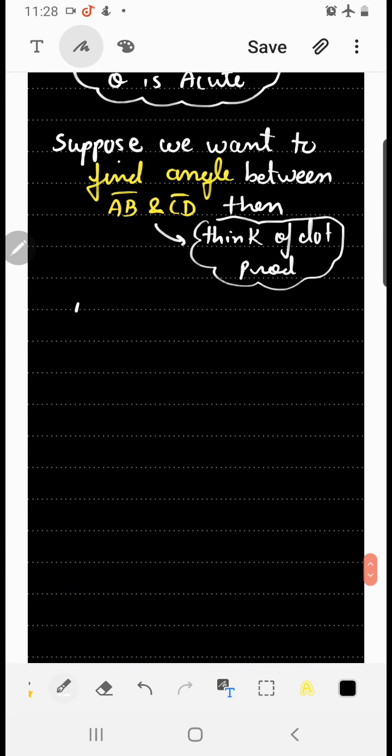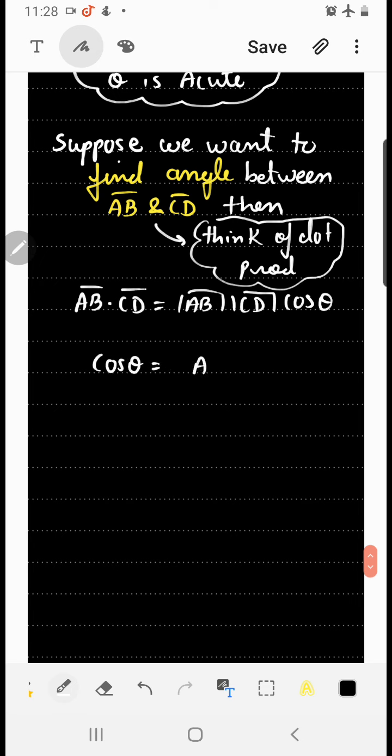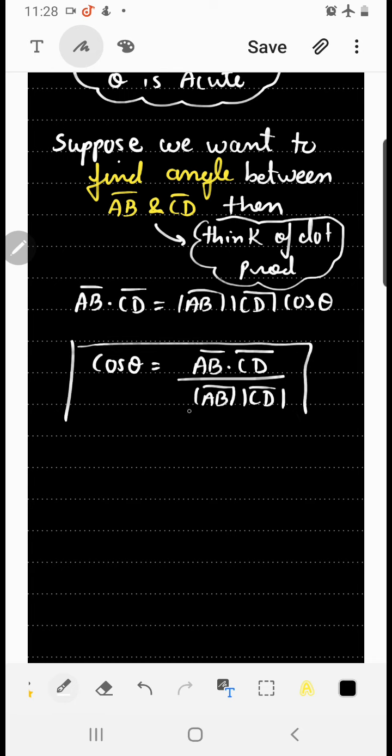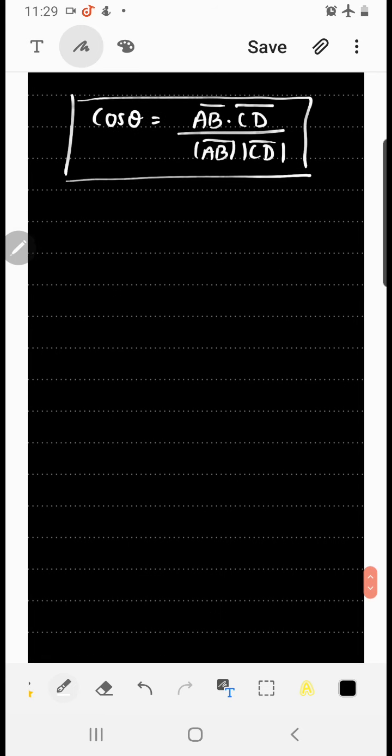And as I said, think of dot product, let us apply the formula. Can we write here AB bar dot CD bar is equal to what, mod of AB bar mod of CD bar cos theta. Let us arrange them. What is cos theta equal to? Can I say AB bar dot CD bar upon mod of AB bar mod of CD bar. With this we got the formula for the vector. Now what we will do is find the vectors and substitute in it. So I repeat again, whenever you are talking of angle, think of dot product. That is your third note point.